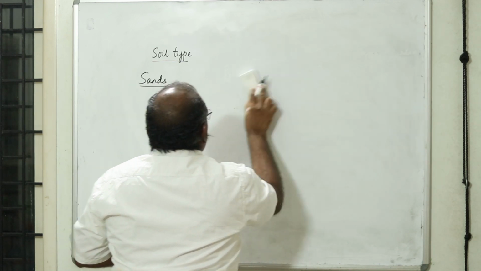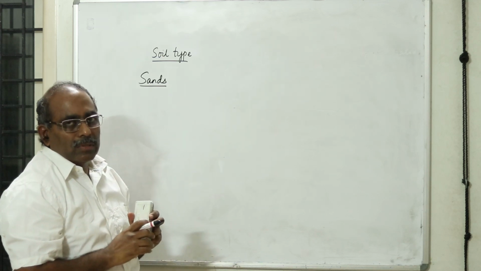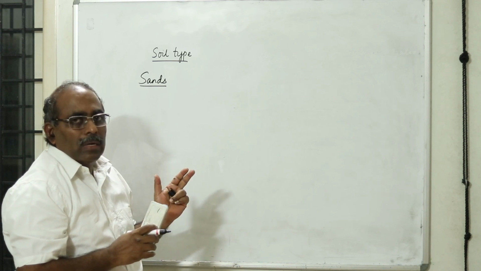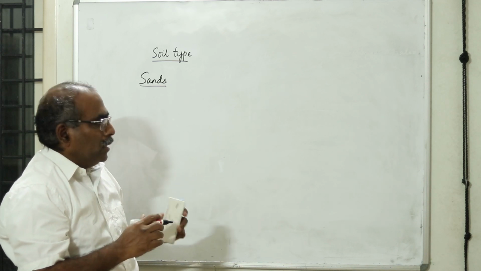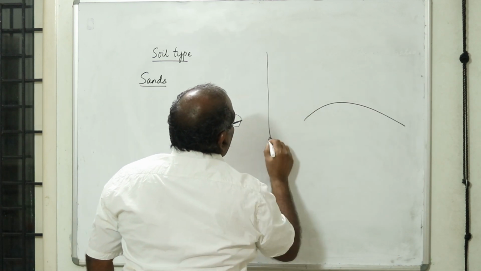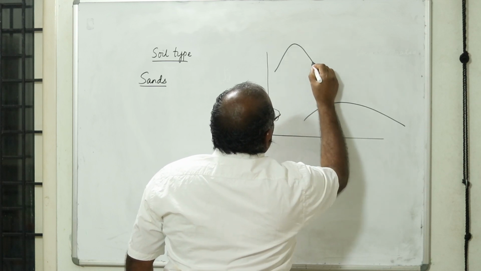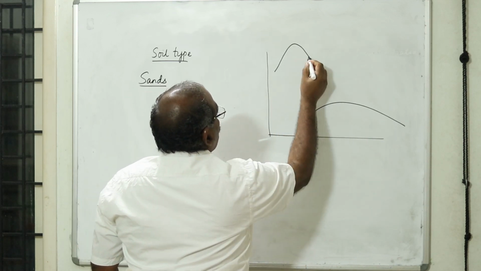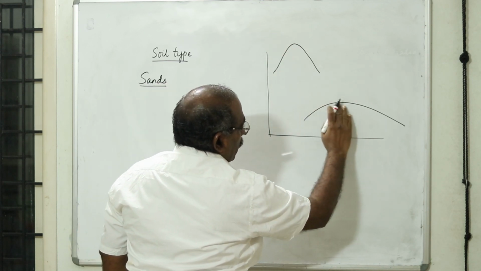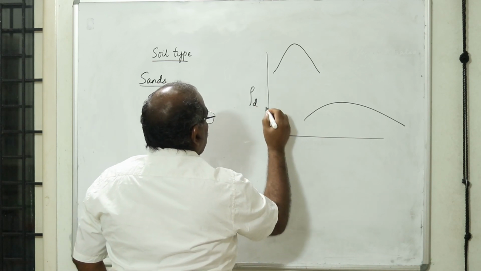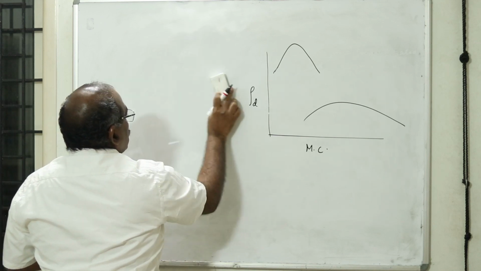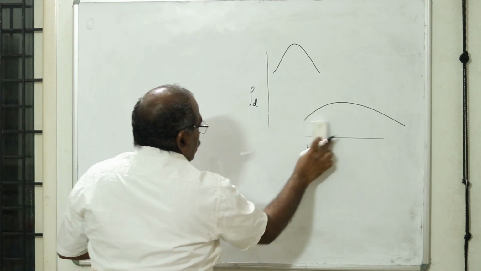In the previous portion we already discussed how the shape of the curve is going to be as we have different types of soils. If more clay material is there, you are going to have a flat shape of the compaction curve compared to a soil which is well graded with a little amount of clay. You can have a very sharp curve like this. As the clay content increases, it becomes more flat. This is a very important aspect that we need to understand when you try to draw the compaction curves based on the soil type. Now we'll go to the next aspect.